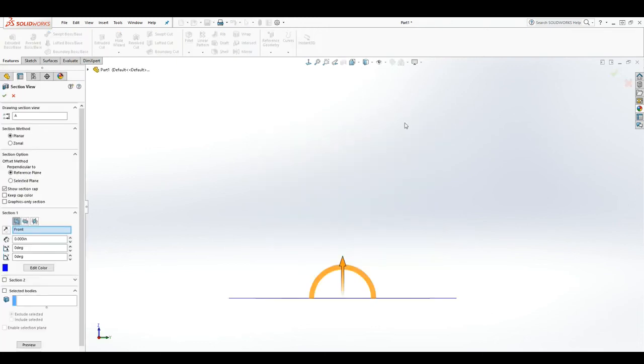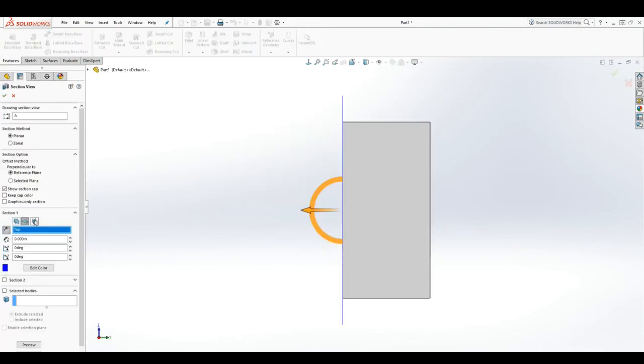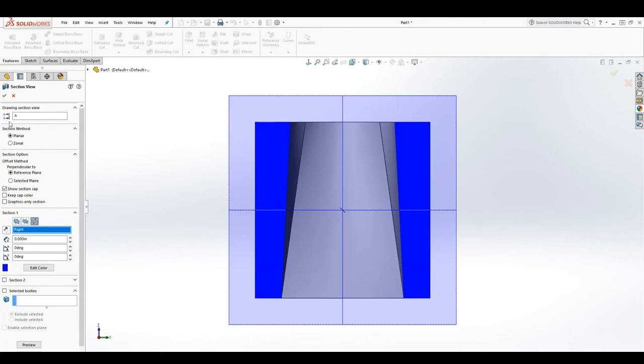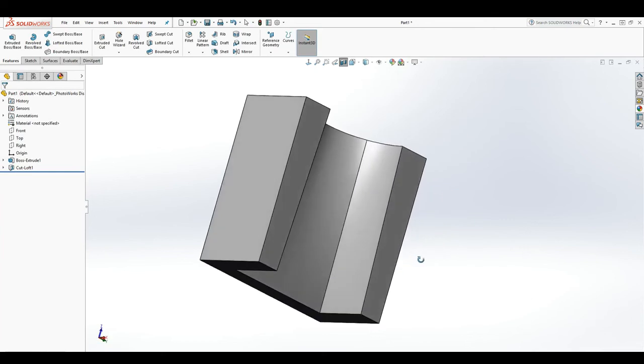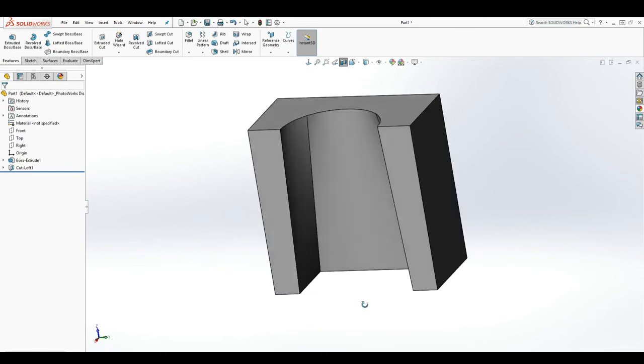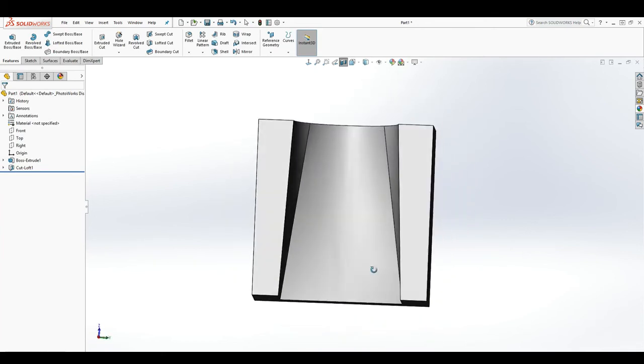So I can section it about the right plane, and you can see that that part has been cut in it. Anyway, that is how the Lofted Cut works. It works the same way